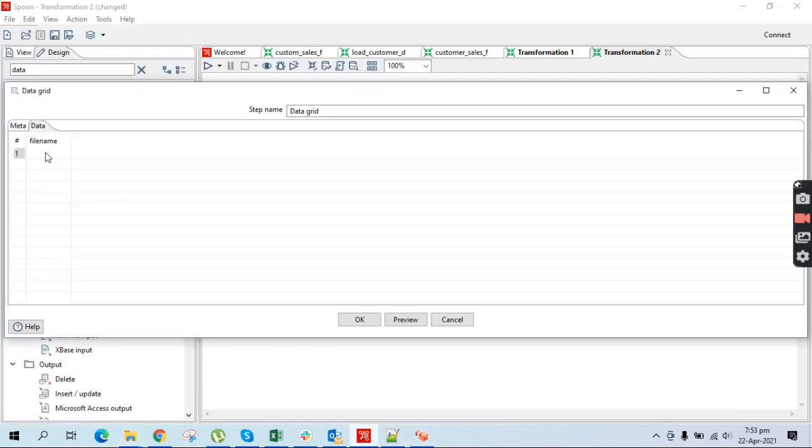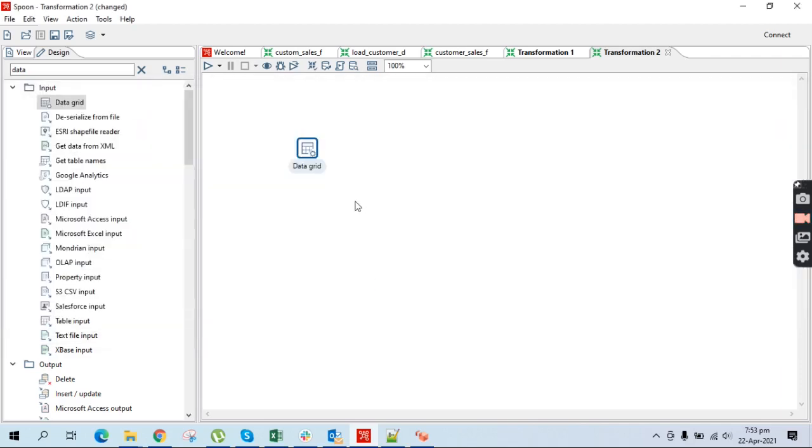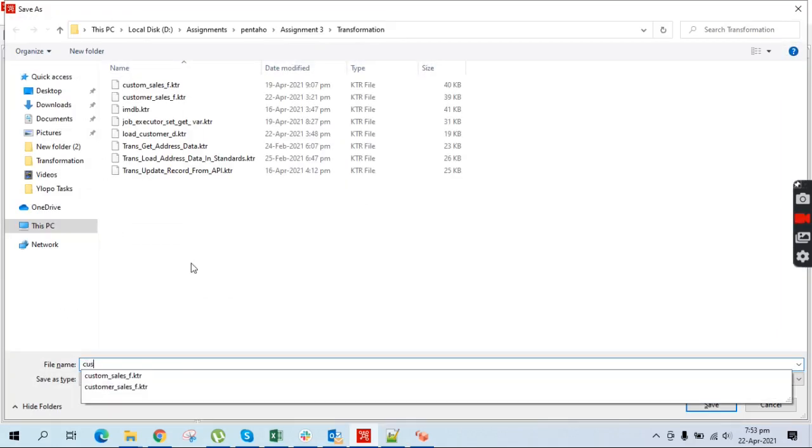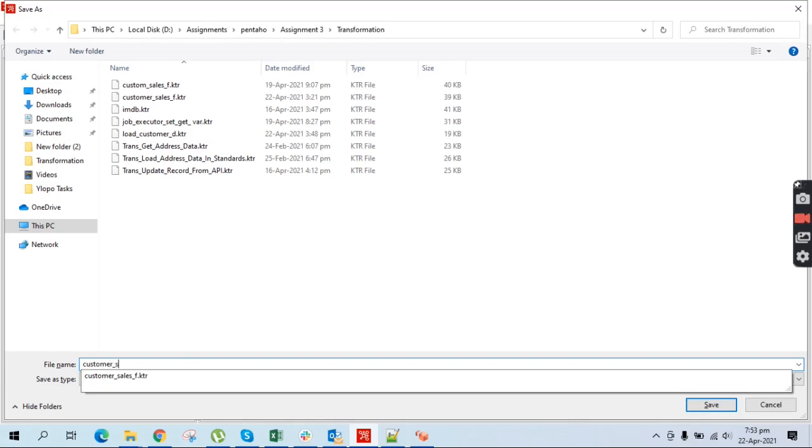Here we'll paste this path, slash customer sales dot csv. Okay, you have to save this transformation anywhere. I will save it as customer sales demo.